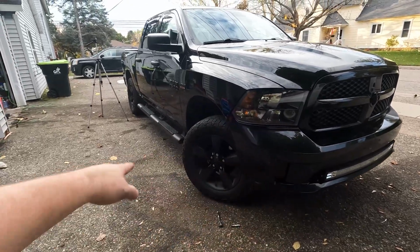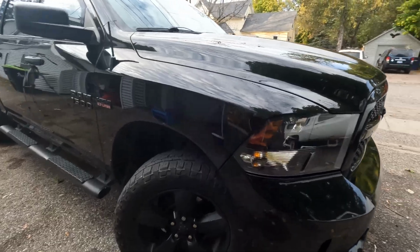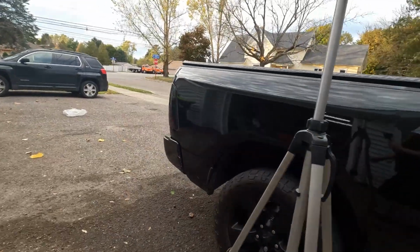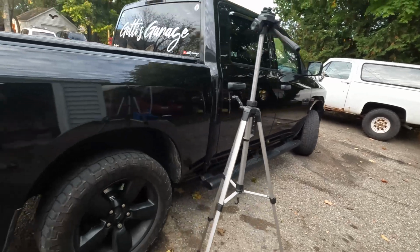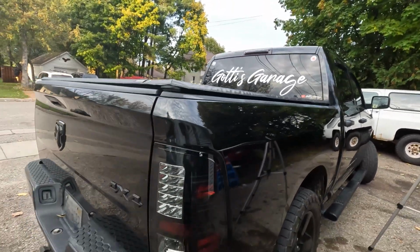Then we just did the blacked out headlights that came with this truck. I don't know if they're factory, if the owner before me did that. I just did slotted and ported rotors on the rear. We'll be doing the front as well. We got all my Gotti's Garage stuff, you know, advertising the channel. And then I did buy new